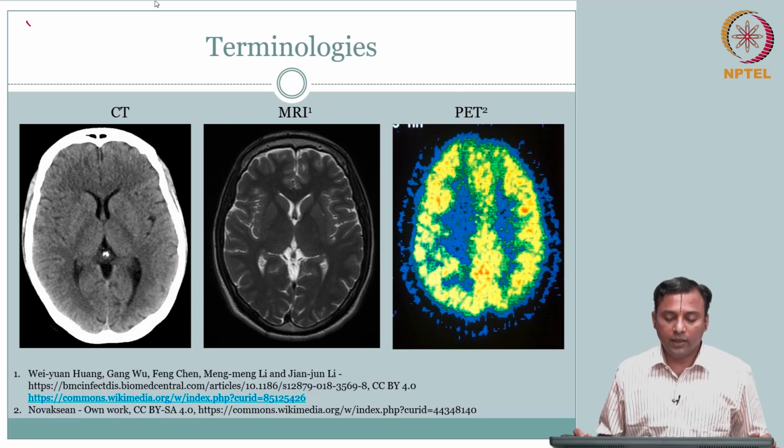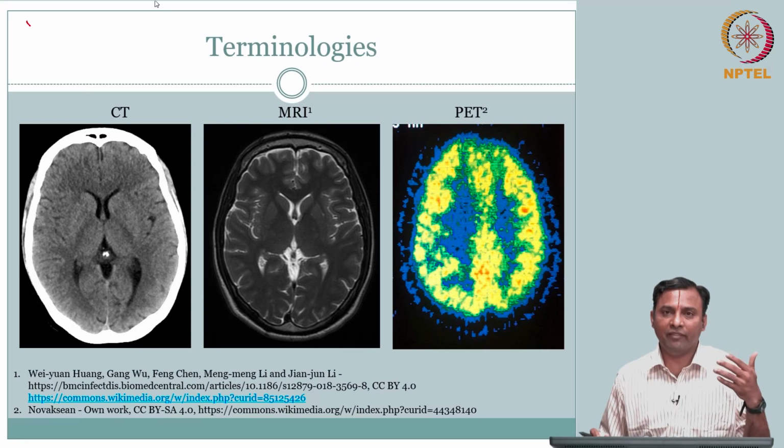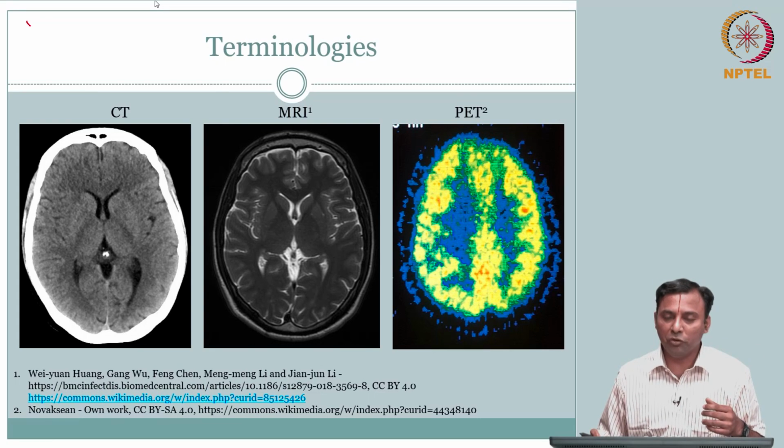Okay, so I think we are now good to proceed. It is again going to be still the introduction, but a modality-specific, big-picture view of each of the modalities: historically, when it started being used for medical imaging and how it has progressed, and can we identify a few big names who have contributed a lot to the development of each modality.